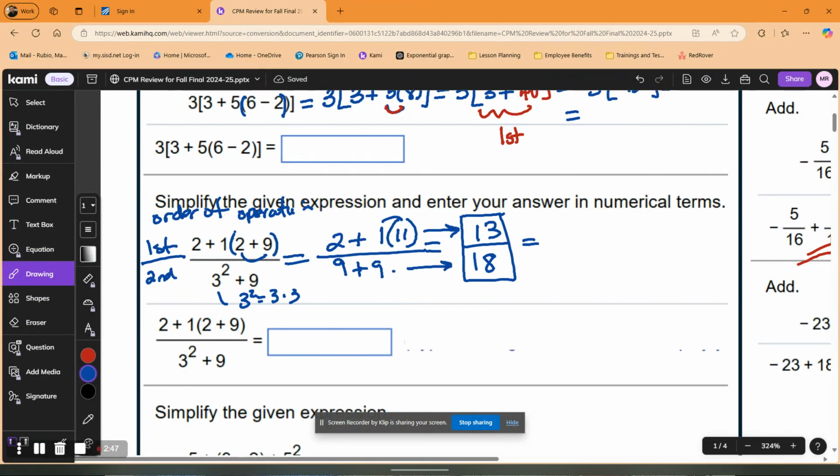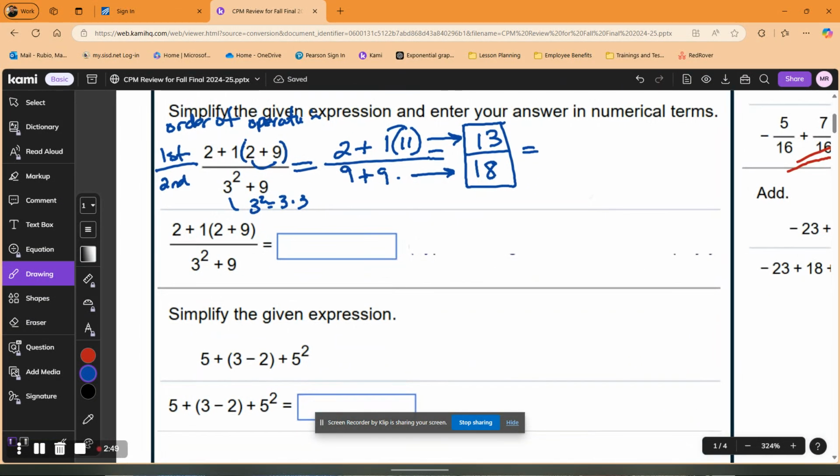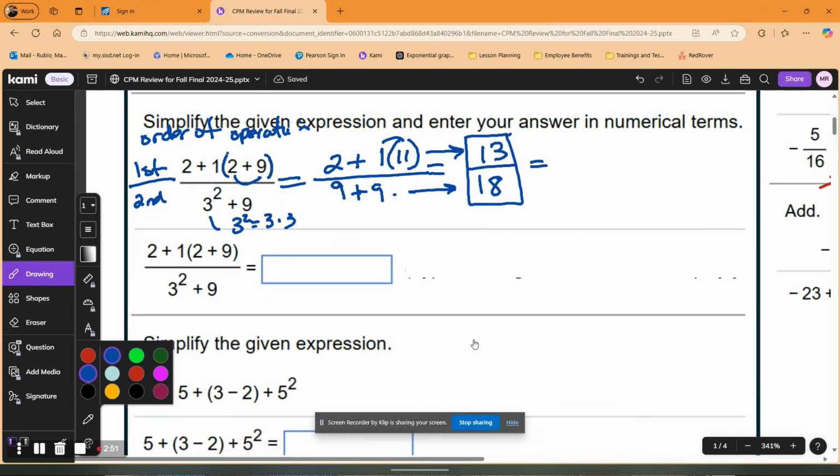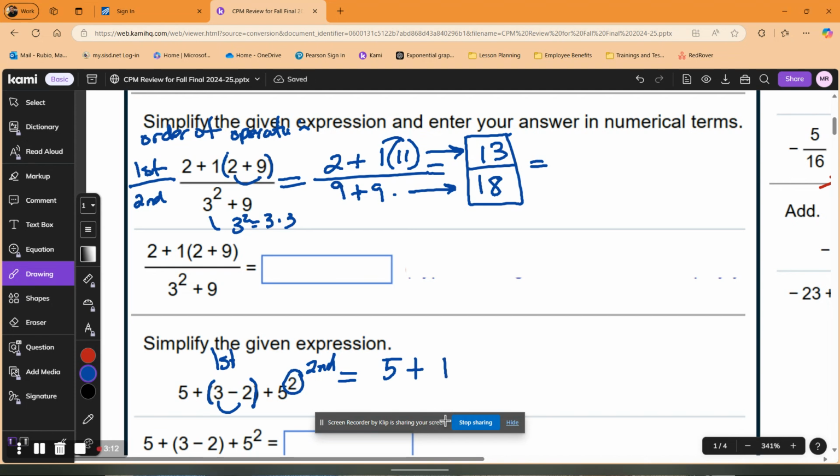Order of operations are the simplest types of problems you can see. Let's take a look here. What do I need to do first? The only thing before parentheses is, well, actually groupings is first, and then we'll do exponents. So let's see, 5 plus 3 minus 2 is 1. 5 times 5 is 25, and then I just add all this together. 5 plus 1 is 6, plus 1 is